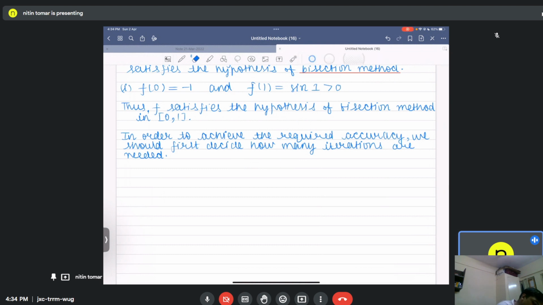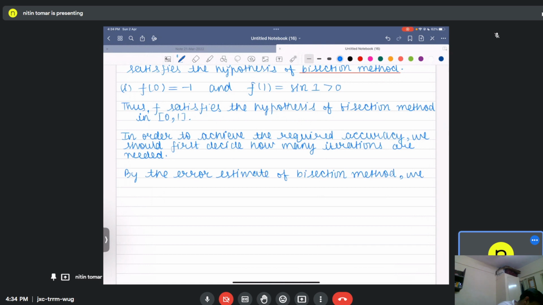Then by the error estimation of the bisection method, we are sure that this will be less than epsilon